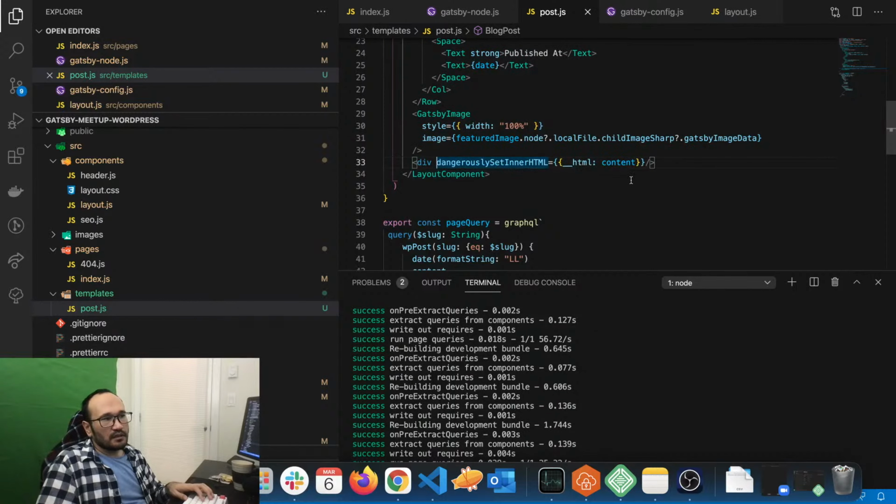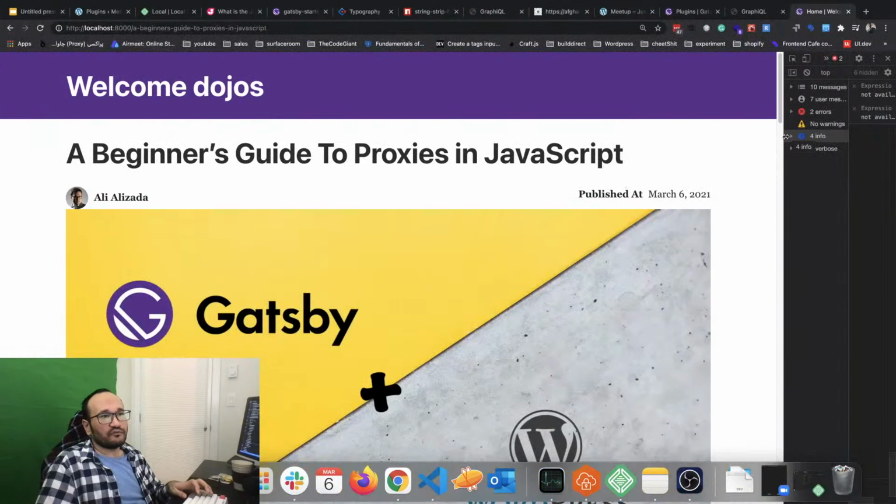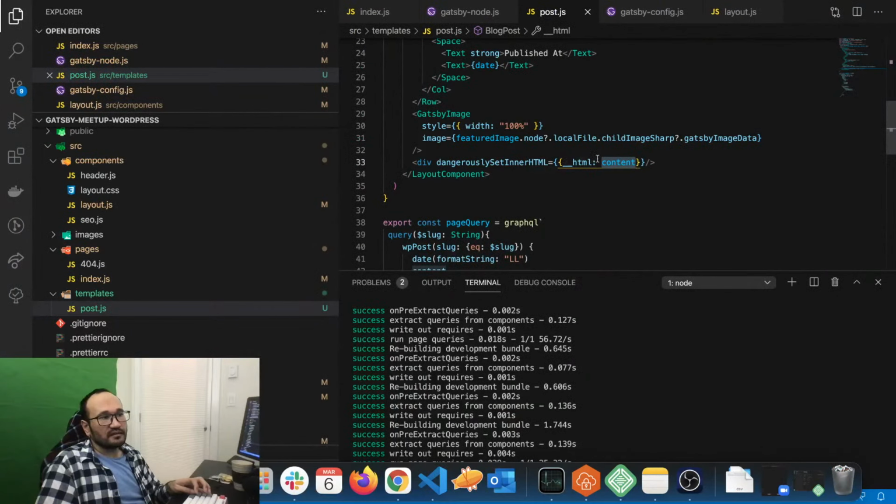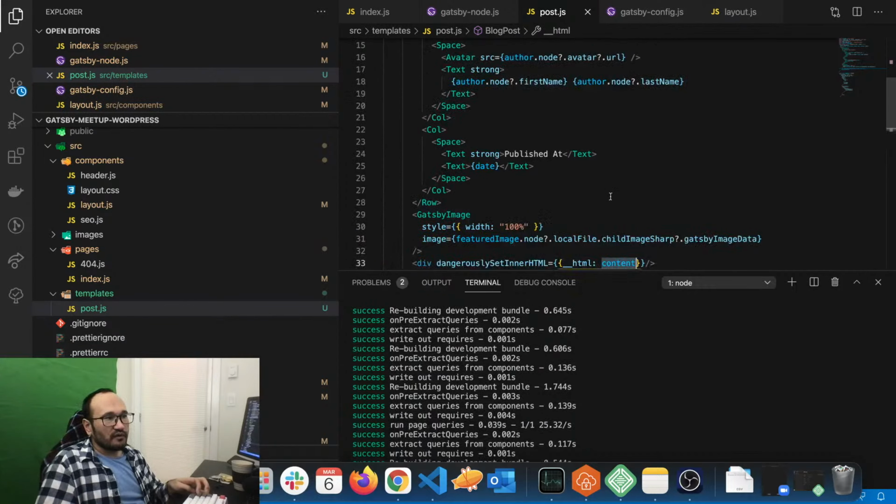And then at the end, do you remember the content has some HTML tags inside of it? We want to load it as it is, as we saved it in WordPress. WordPress provides the content with all the styling included. You see here the content has a p tag and an image tag, probably a lot of things inside. So we load it as it is, with the HTML. For doing that, we just need to pass the HTML this way. We call it dangerouslySetInnerHTML, then pass __html and then the content. And that's pretty much everything for today.